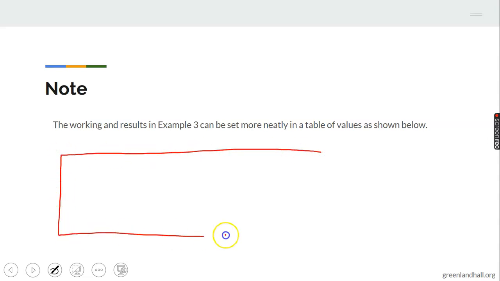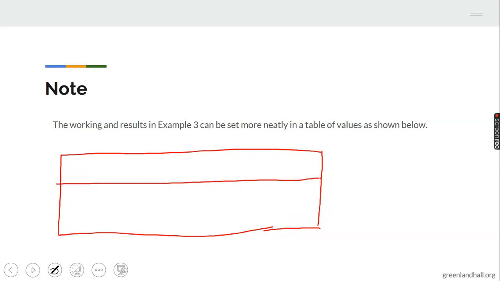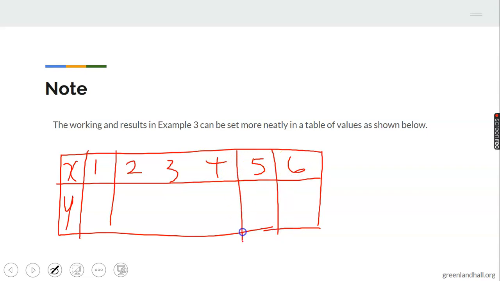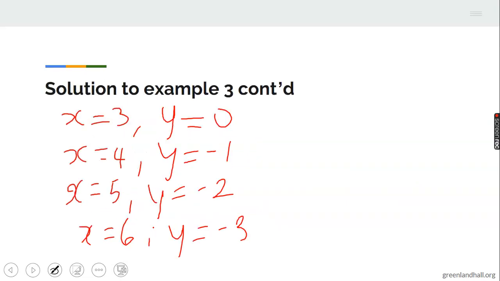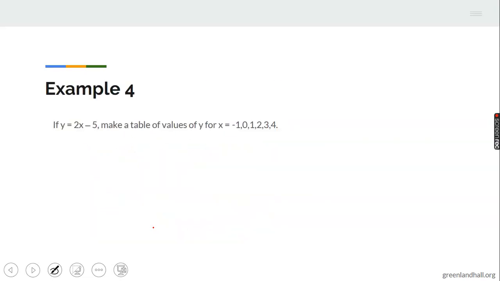Okay, I'll give you this. Draw out the table of values on your own. When there is x, you have a corresponding value of y. And x is 1, 2, 3, 4, 5, 6. Just be putting all those values. What is the value of y when x is 1? 2. When x is 2, 1. Just put it like that in that table.